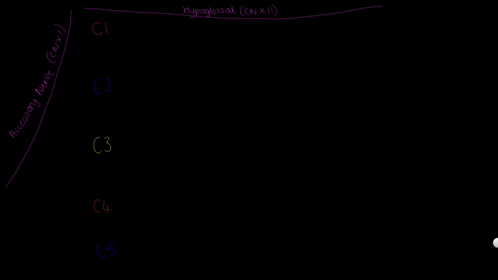Okay, so here we go. I've sketched out the cervical nerve roots and thrown in the hypoglossal nerve, which is cranial nerve 12, and the accessory nerve, which is cranial nerve 11, as these do feature as part of the cervical plexus. First, we will look at cervical root C1. Please take note that I've drawn this in red so we can follow its journey and the branches it contributes